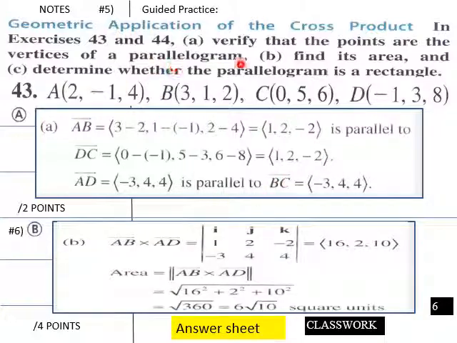And then B here, find its area, and so we're going to find the area here, and we set up this array here, vector AB times vector AD. What we come out with here is our component vector, 16, 2, and 10, and then the magnitude of AB times AD equals 16 squared plus 2 squared plus 10 squared. And then this comes out to 360, and then 6 times radical 10 square units would be the area of